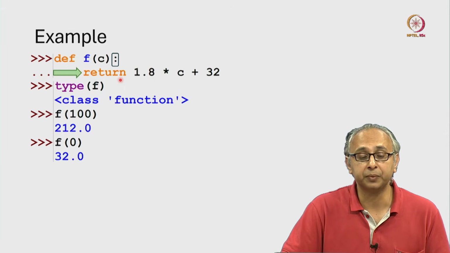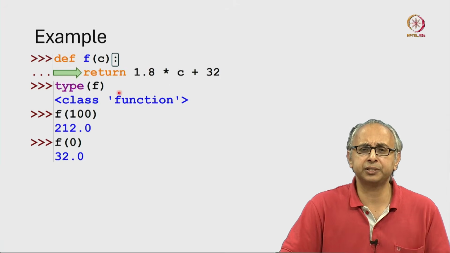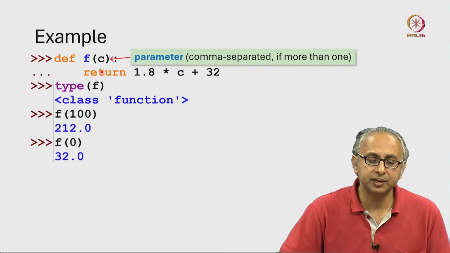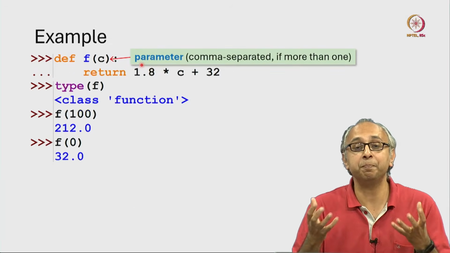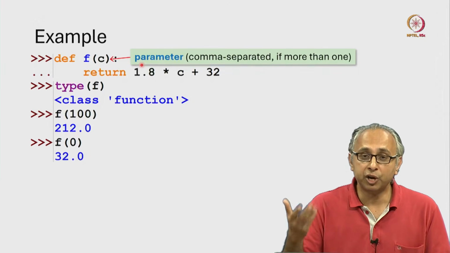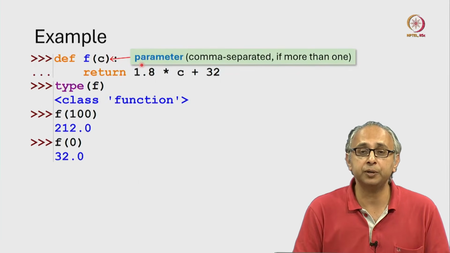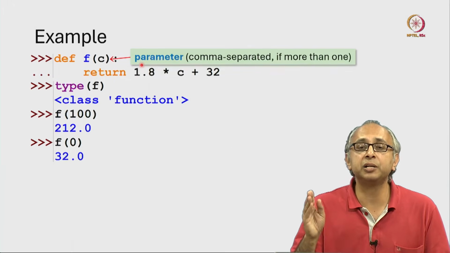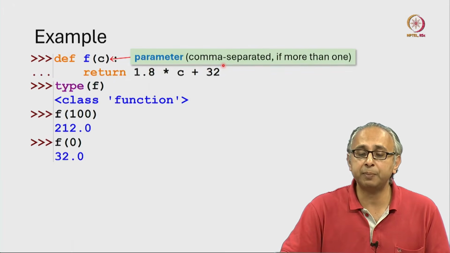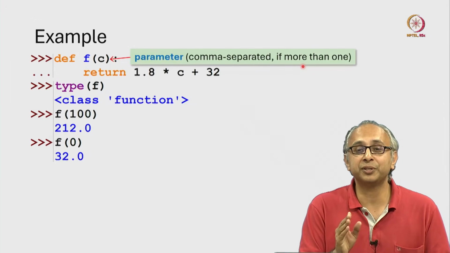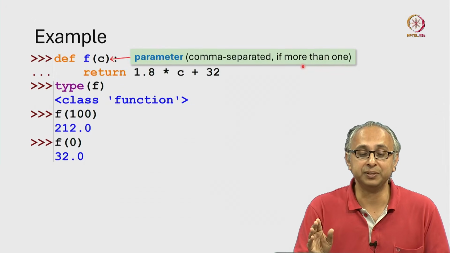So notice that this single statement inside the body of the function begins with a special keyword, return. So this is the simplest type of function we could define, right? It has one parameter, one piece of data. In general, if you have more pieces of data that you need to give to a function, then you will write multiple parameters and you will separate them with commas. You must make sure that your parameters have different names.